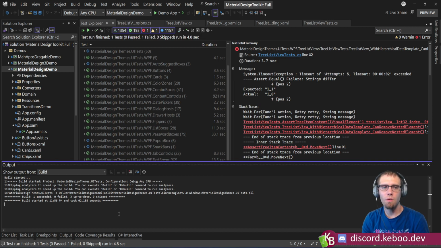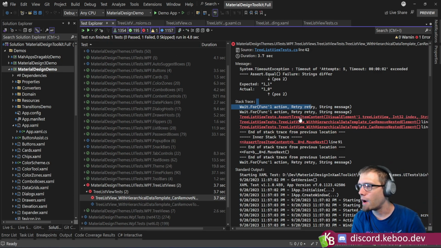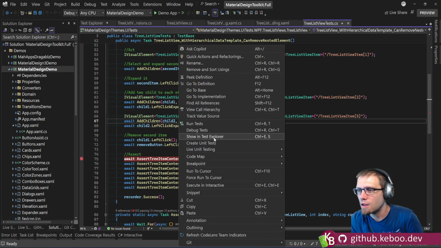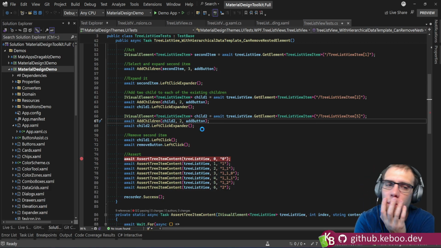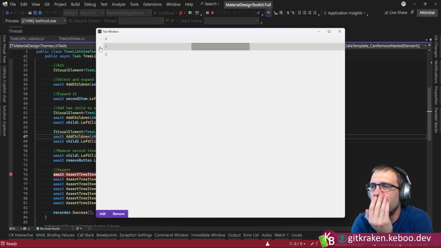Okay, so we failed, but let's figure out why we failed now. Let's grab it here, and I want to look at the state of the UI when we get here to figure out what went wrong. We might just have to have a slight delay in the